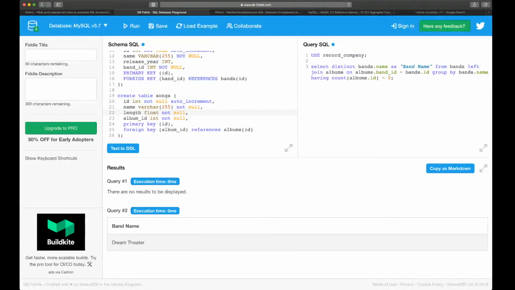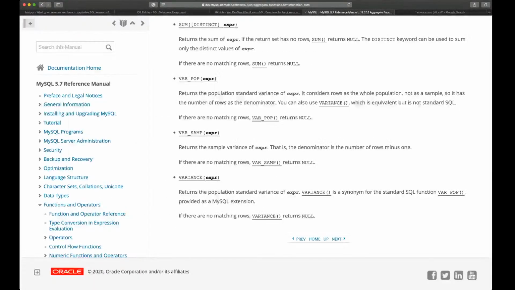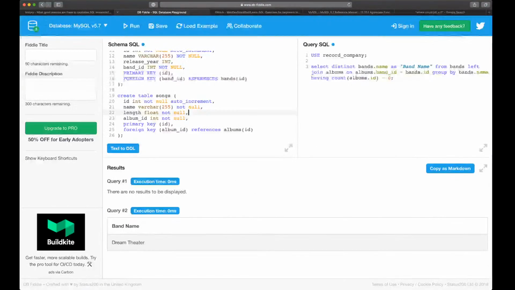What do we ultimately want to show? The name, the release year, and the duration. Okay, let's just start from select. We know it's a select. We're going to select name. Oh, and we know this is a join, so we'll go ahead and specify the table. Select albums.name,